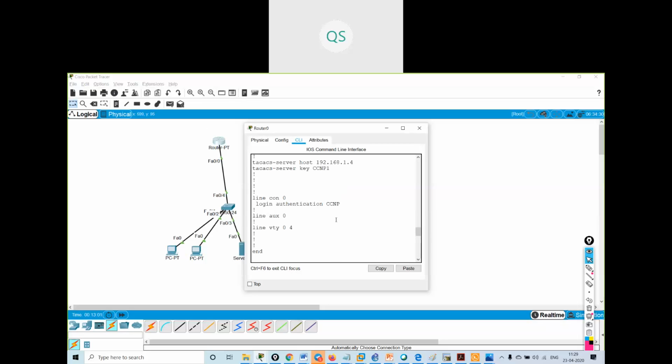I gave the TACACS server host. This is the host, where the TACACS server is kept. So I gave the router's IP address. I made a mistake: the TACACS server is kept in my LAN at 192.168.1.4, and I hadn't given the IP address to the TACACS server. So whenever I'm trying to access the router, it asks me for the username and password, and I can log in through them.